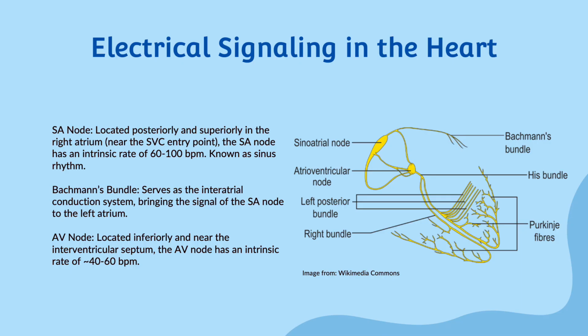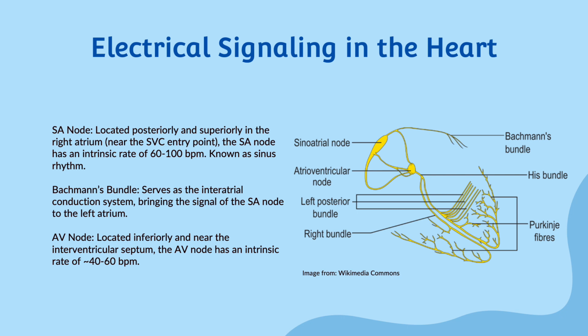The sinoatrial node, or SA node, is a small area located in the right atrium near the opening of the superior vena cava. It is composed of specialized cells called pacemaker cells, which have the ability to generate electrical impulses spontaneously. These impulses then spread throughout the atria, causing them to contract and pump blood into the ventricles. The SA node is considered the natural pacemaker of the heart, meaning it sets the rhythm and the pace of